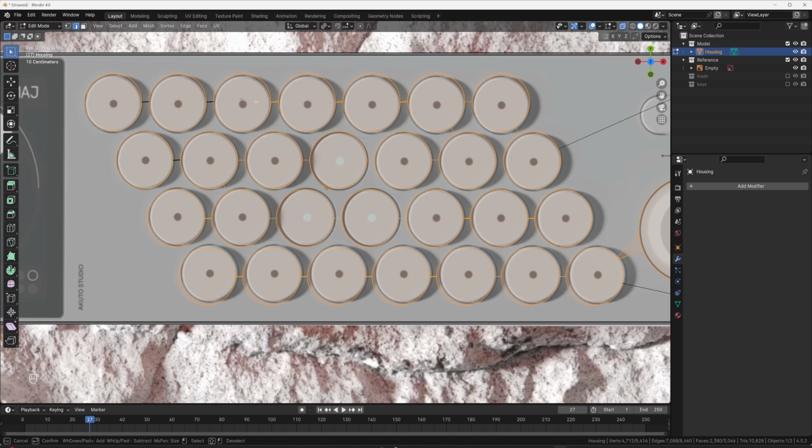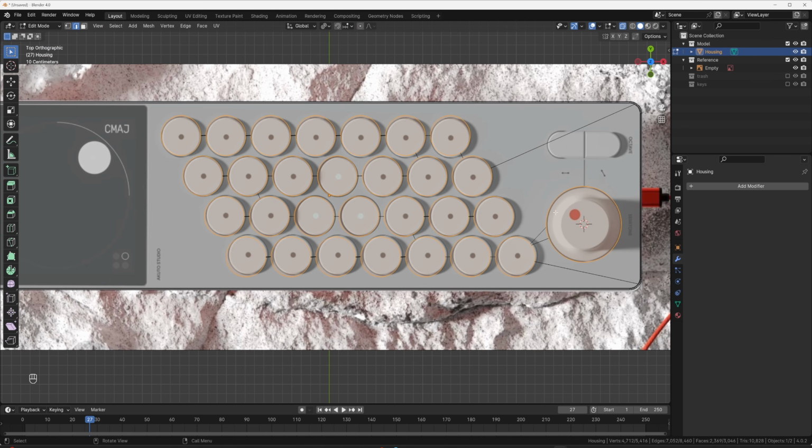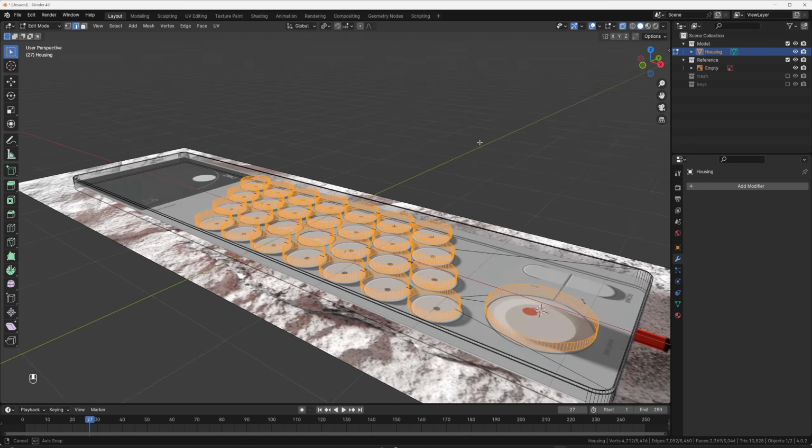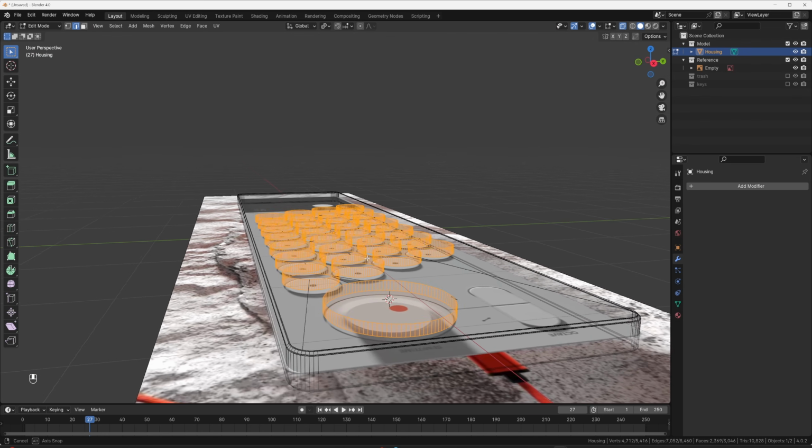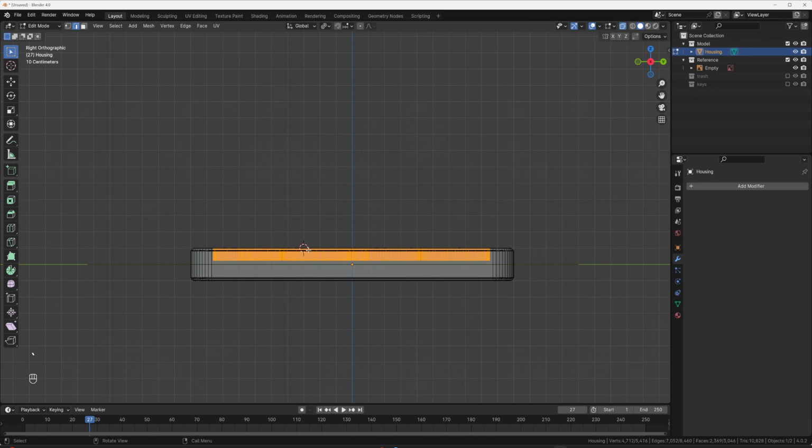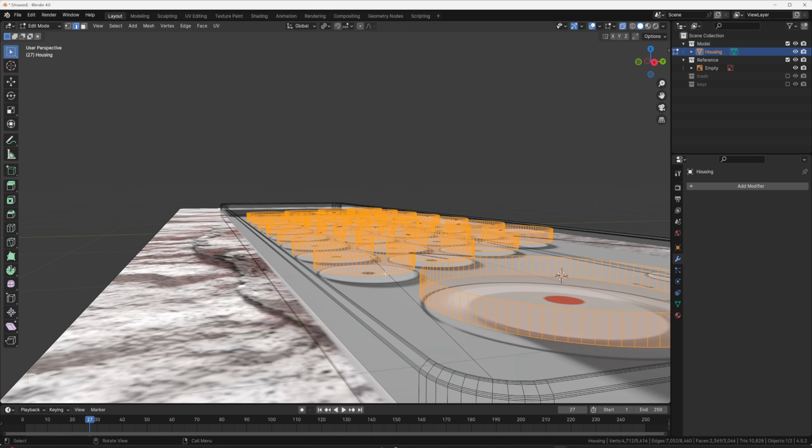But if you hold Alt while you're using your deselect, I'm going to go ahead and deselect all of these right here. Once you're done with that, just right click. And so now what you should have is all the edges that you need here. Now, the other thing that we need is we don't want to have any of these side edges.